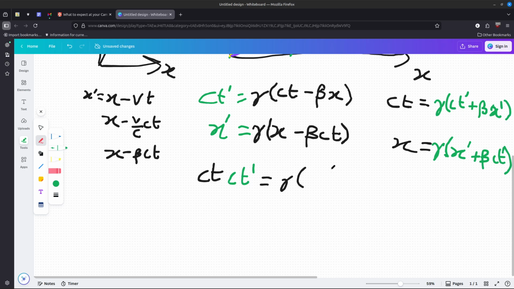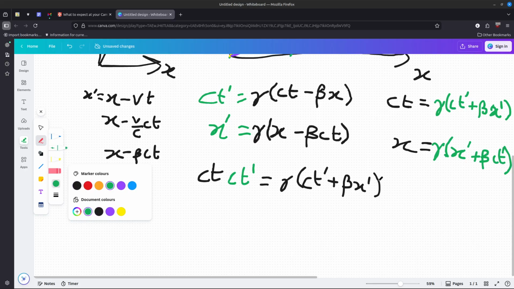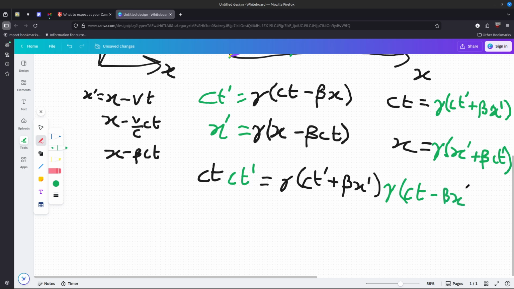So then using that, we can say that ct is going to be gamma (ct' plus beta x') times gamma (ct minus beta x). Now we're going to use something very important here that we've kind of neglected, but I said was important earlier,